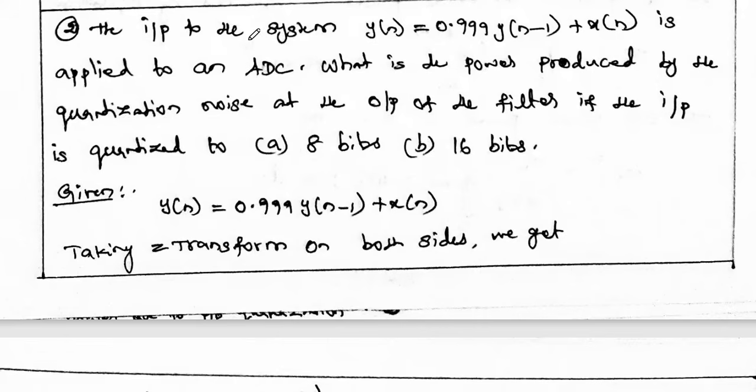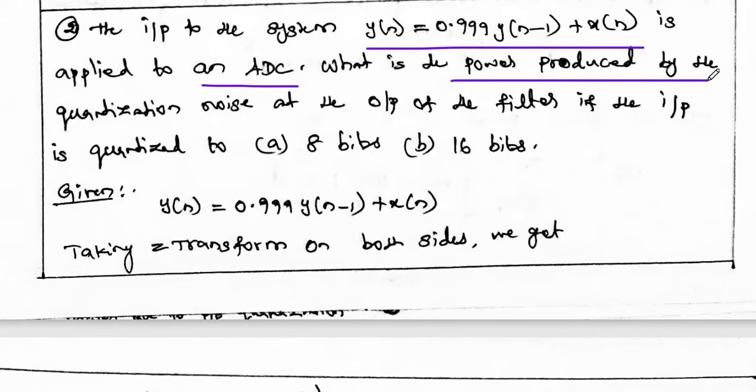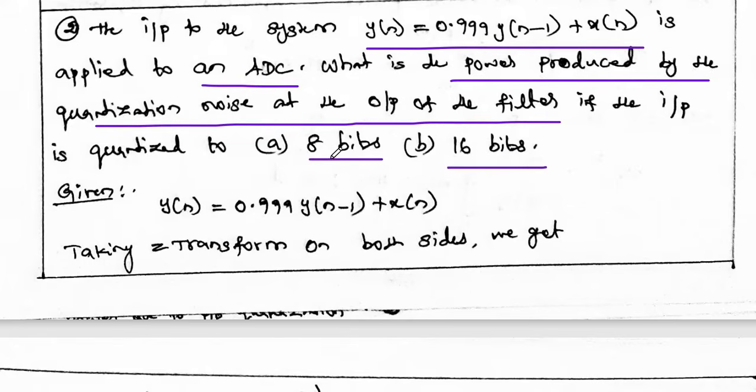Okay, so the question you see: the input to the system y of n equal to 0.999 y of n minus 1 plus x of n is applied to an ADC. What is the power produced by the quantization noise at the output of the filter if the input is quantized to 8 bits and the second one 16 bit. So for two different quantization levels,